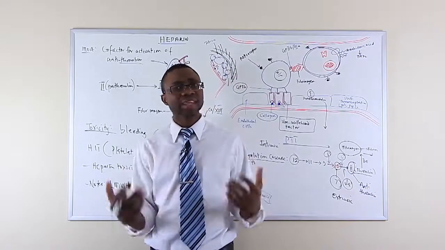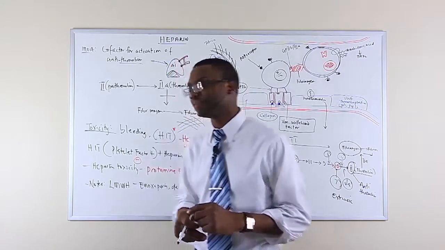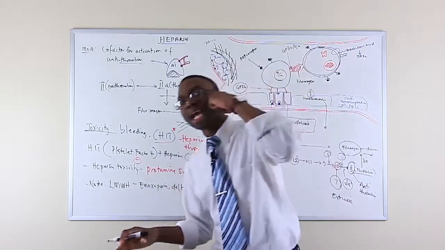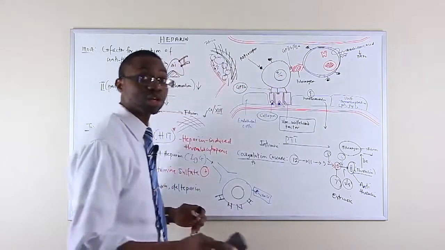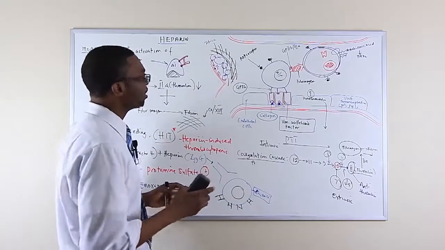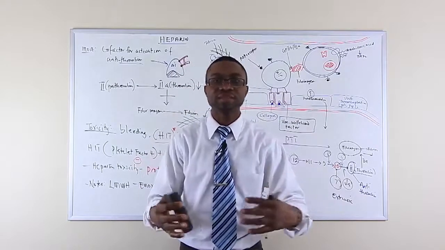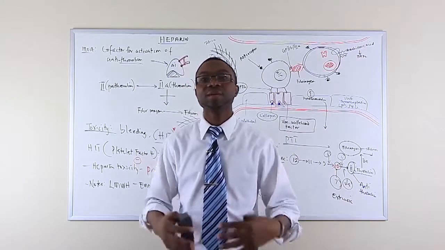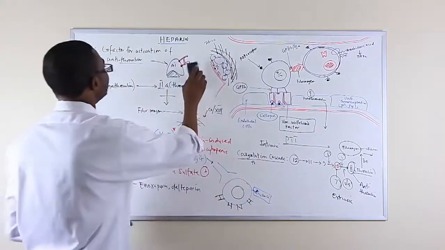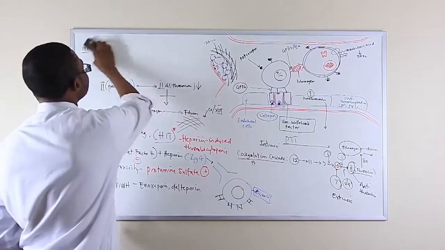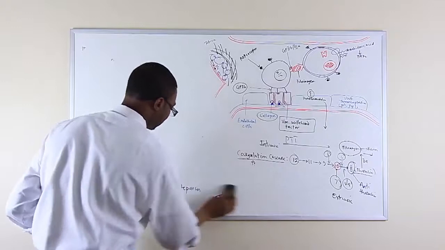Now, there are 2 other drugs that we can give if a patient develops HIT. It's not like they got hit in the face, right? No, heparin-induced thrombocytopenia. So let's talk about those 2 drugs, because on the boards, if they tell you we've got a patient who has acute coronary syndrome, was given heparin, and developed heparin-induced thrombocytopenia, what other drug options do you have to treat this patient? So the 2 drugs are lepirudin